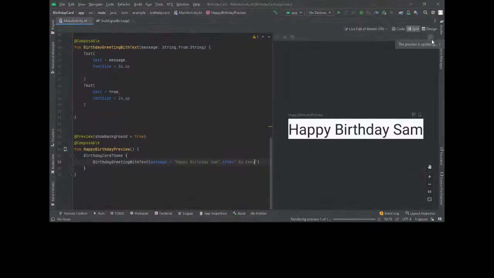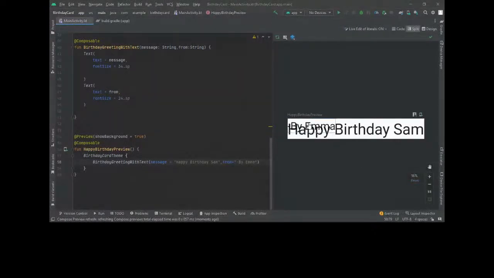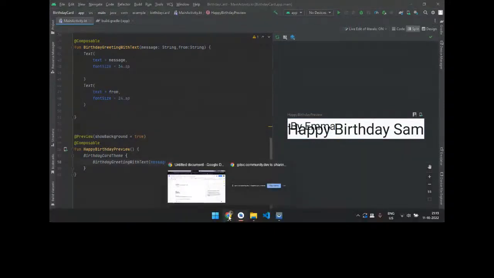It's loading. This loading button is still rotating. And you see an overlap. Yeah, we have seen that it's actually overlapped. The by Emma is overlapped, and it is placed above the happy birthday Sam. So what we need to create is that by Emma should be placed below this first text widget, and for that we need another